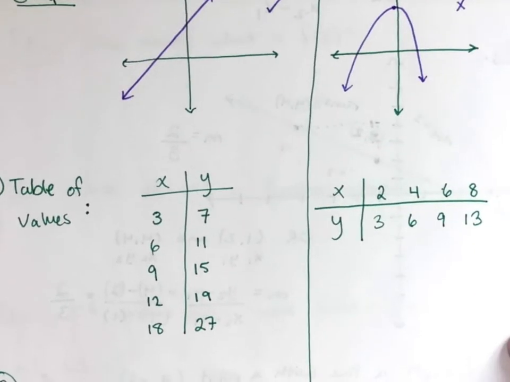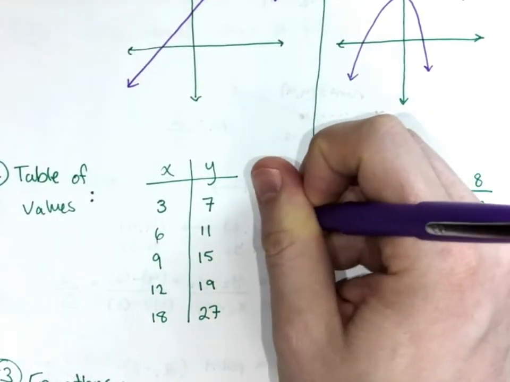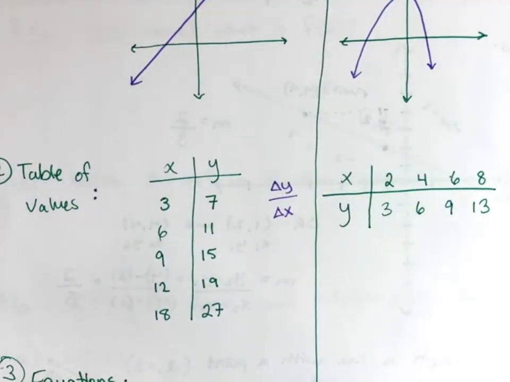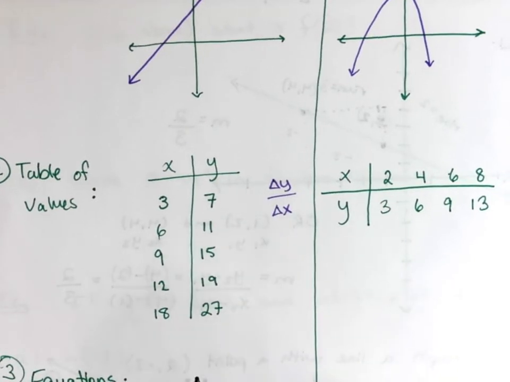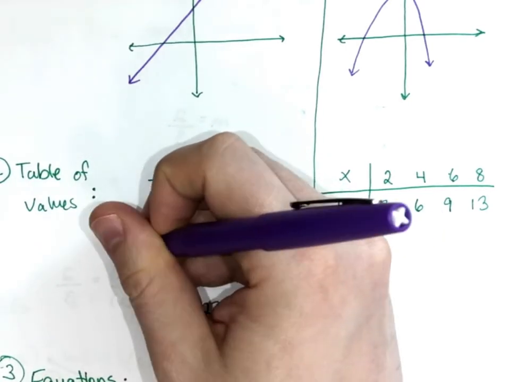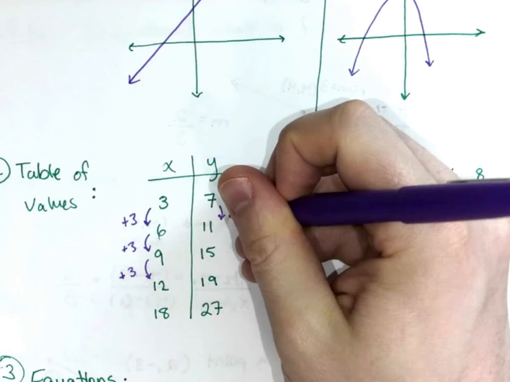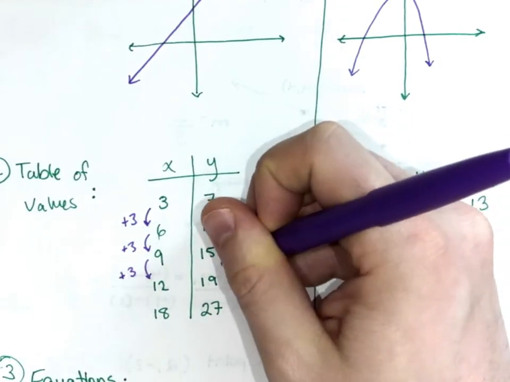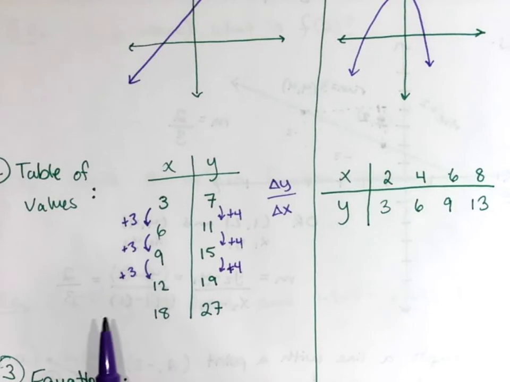Second thing you're looking for is a table of values, or maybe just a general list of points that you're comparing and contrasting. What you're looking for is an exact delta y over delta x comparison where it's the same all the way through your process, meaning that the change in y does not change as the change in x occurs as well. So in this example, we've got plus 3 for x for the first few, where it's changing by 3 every time, and then y is changing by 4 every time. So far so good. This would definitely be a linear comparison, right, where it's 4 over 3 and it's constant